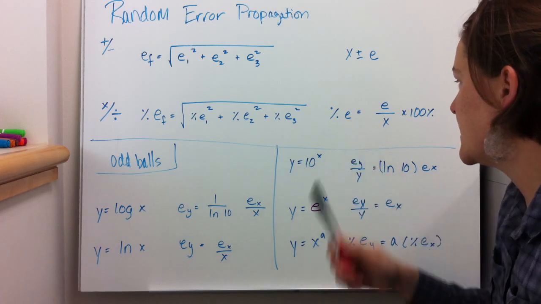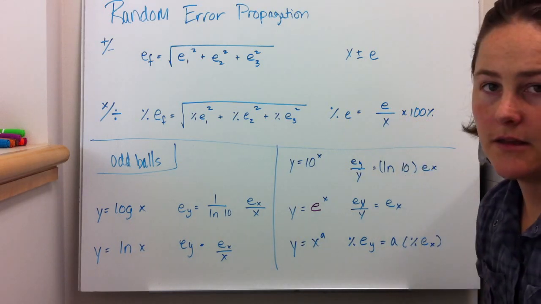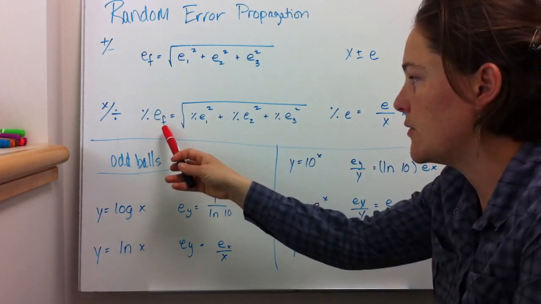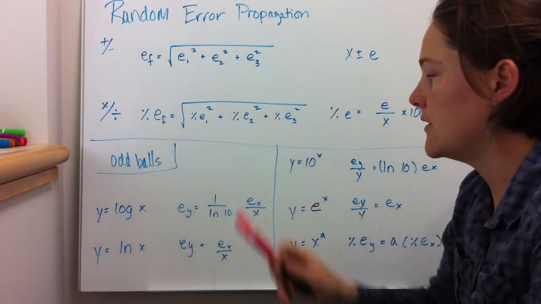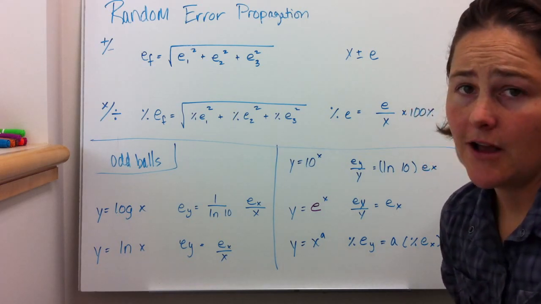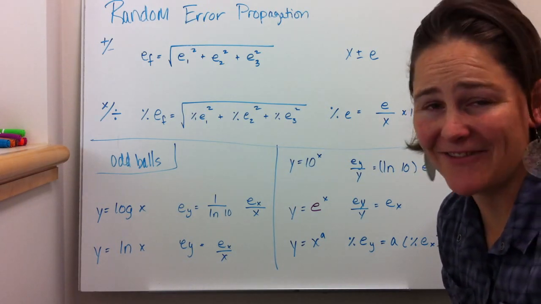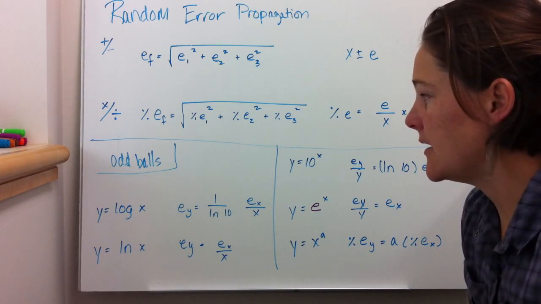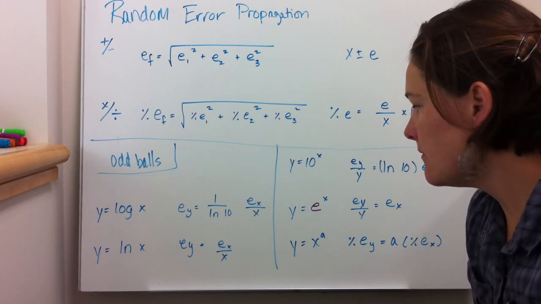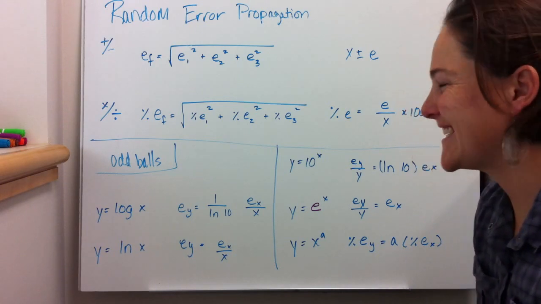You use the percent error, so that's the error associated with each measurement divided by the magnitude of the measurement times 100%. And so then you use your percent error, you square each of those values, add them up, and then take the square root. And that is going to cover 99% of all of the error that you'll probably ever have to propagate. There are some oddballs. They're in a table in your textbook, and you can just go ahead and look there. Basically,